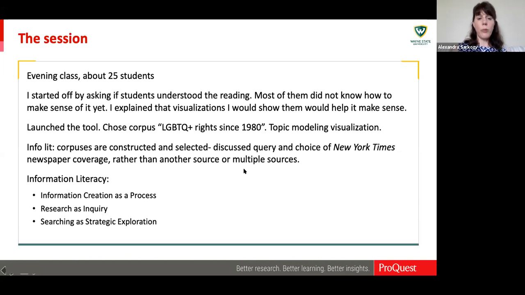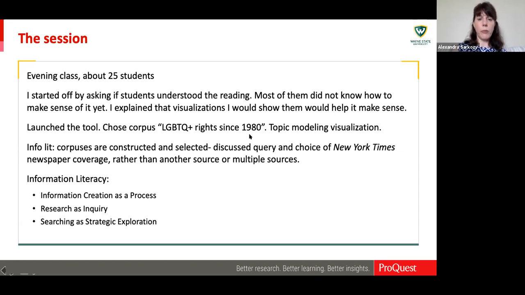And I chose that corpus because I thought it was something that students could relate to in their everyday lives. It didn't require prior background knowledge of any literary period, of any type of politics, of any sort of scholarly background. Even though students were quite young and maybe had not been alive since 1980,